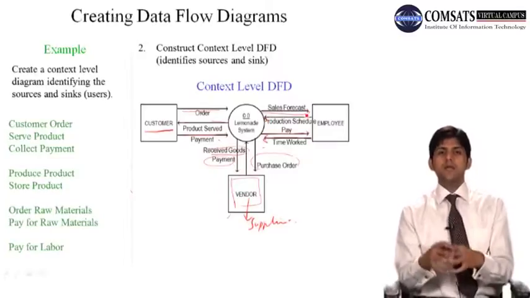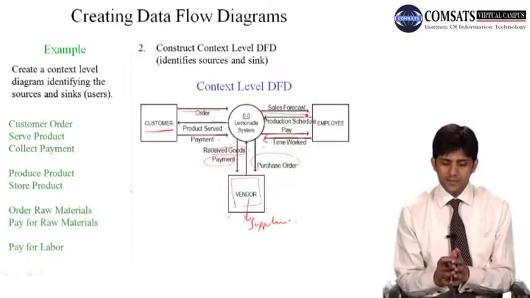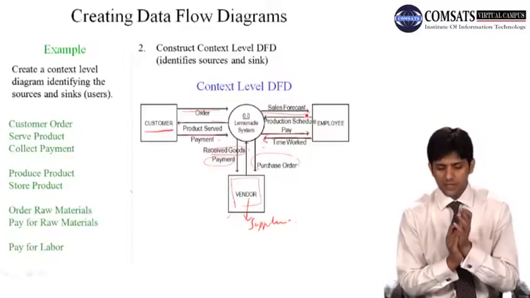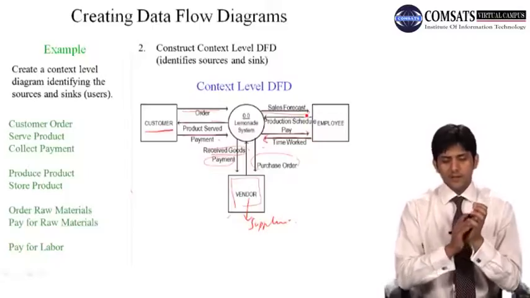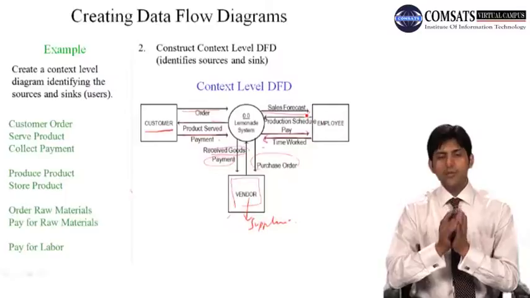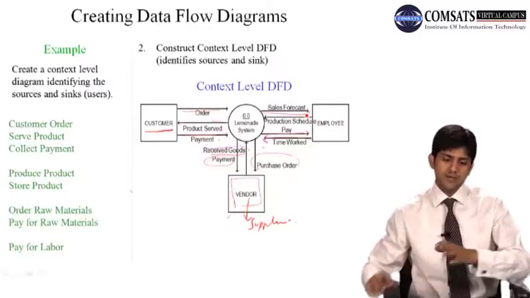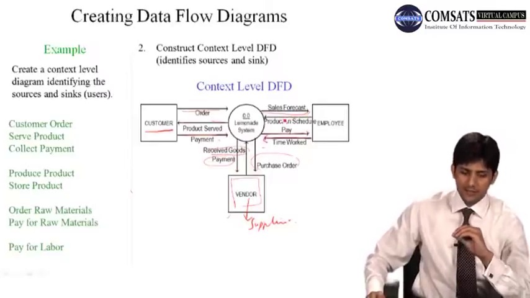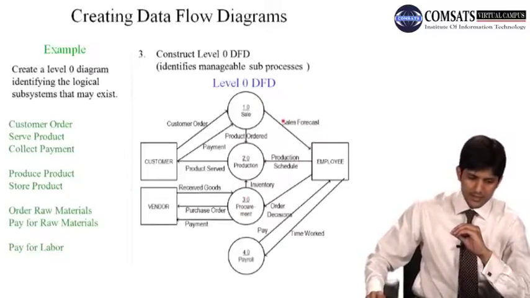So these are the different entities in the system. हमारी entities कितनी हैं? We have customer, we have employee and we have vendor. And how many data flows we have? We have 3 data flows associated with the customer, 3 associated with the vendor and 4 associated with the employee. Okay, so that was the level 0 DFD for this lemonade stand example. Okay ji. Now